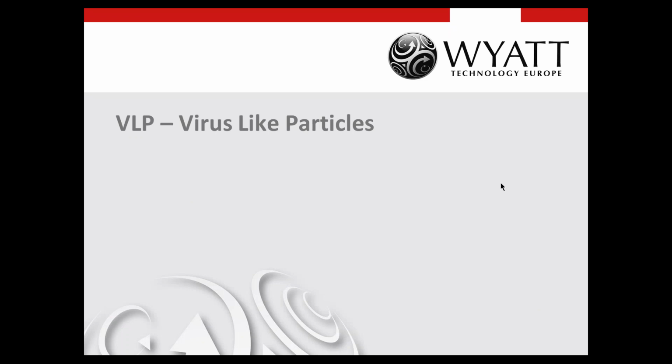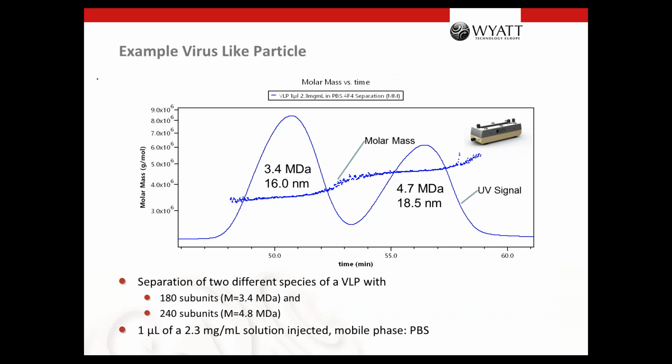Another example I want to show you are virus-like particles. Normally you have a protein which forms these particles, and then you produce that, put that in solution, and then it forms this virus-like particle automatically. These are usually very huge particles of 20 to 100 nanometer, depending on the kind of particle you want to produce. And normally, if you use an SEC column with virus-like particles, they all elute in the exclusion volume. So no chance to separate them. But in FFF, that's possible.